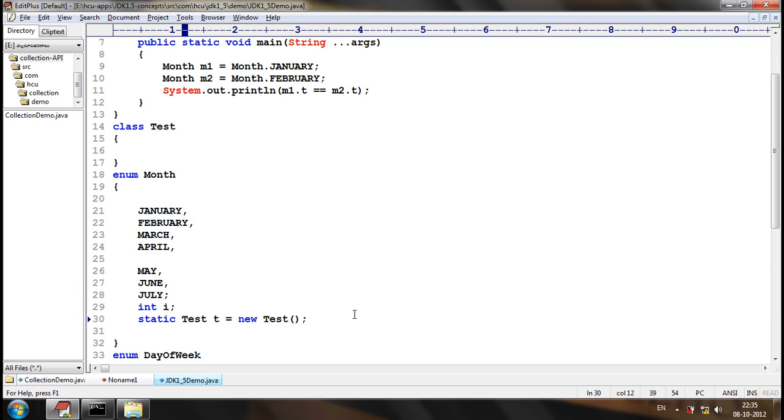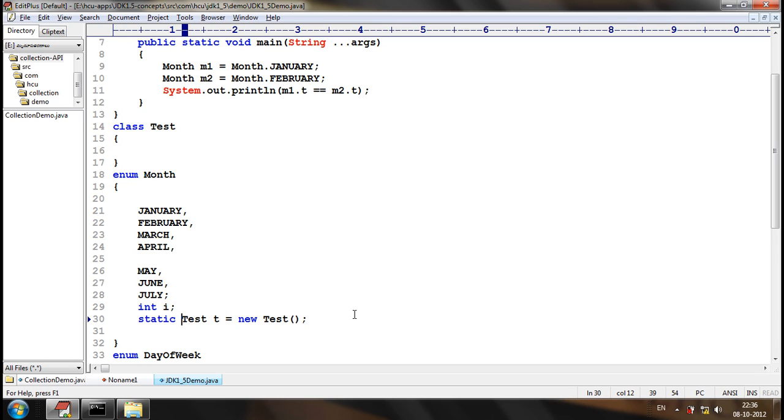Previously, since t was non-static, for each and every enum object there was a specific copy of t, the test object. Now since t is static, each and every enum object will have only i as specific. Now the test object will be stored in the class area of the enum.